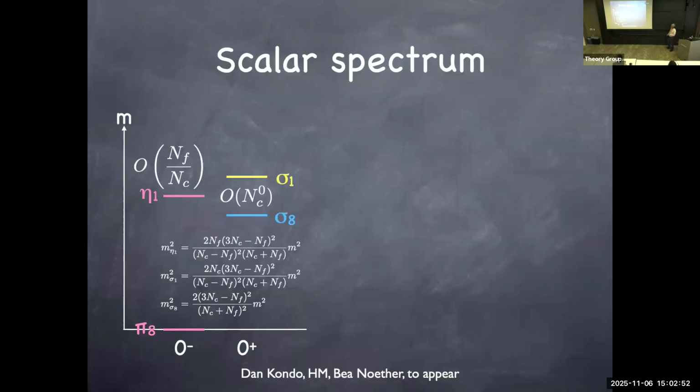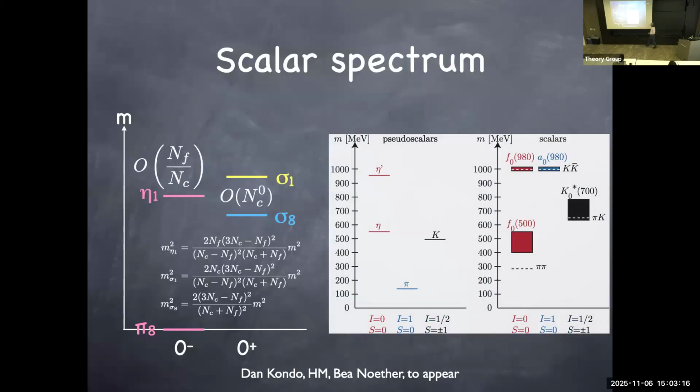And now that we have the theory, you can solve it exactly. You can work out the mass spectrum. And in the massless quark limit, of course, you do get this octet of Nambu-Goldstone bosons, like what you expect in the chiral Lagrangian. But these pseudoscalars are paired with scalars with positive parity in this chiral multiplet, whose masses you can compute too. And this is the data. Of course, you need to put in the finite mass of the quarks into the calculations. So what used to be massless Goldstone bosons now acquire mass proportional to the square root of the quark mass, as I mentioned earlier, for pions, kaons, and eta prime up there.